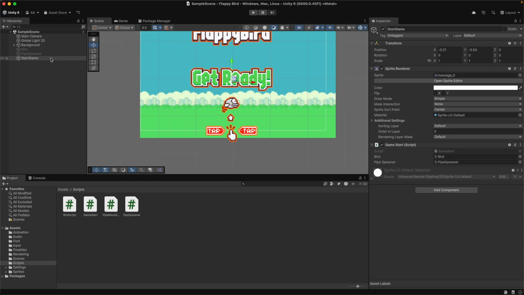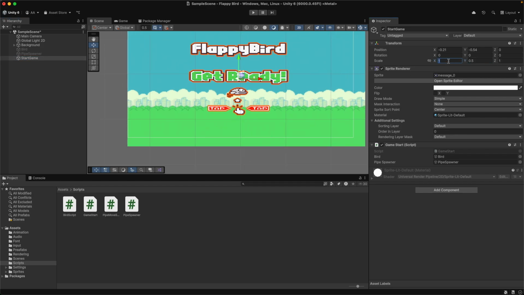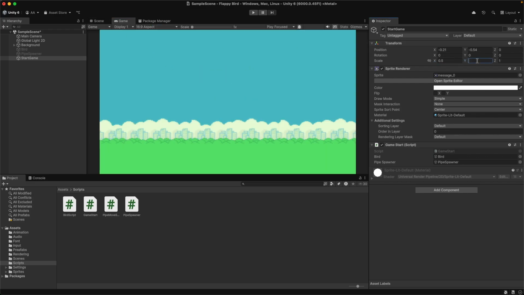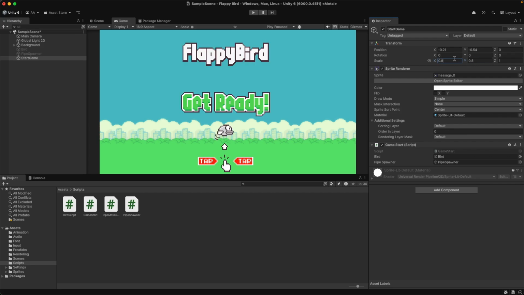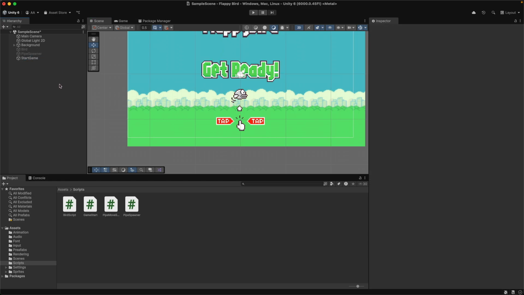And in fact, I'm going to set my start game just a little bit smaller, like 0.5-ish, so it looks a bit clearer and you can actually see stuff. So feel free to resize it to what you like. In my case, 0.8 looks absolutely perfect, so that is what I'm going to do. And I'm also going to center it. In case you want to do this fast, you can do reset property and then do position, for example, or rotation. And now that we have the starting game, we're going to make it so that you can end